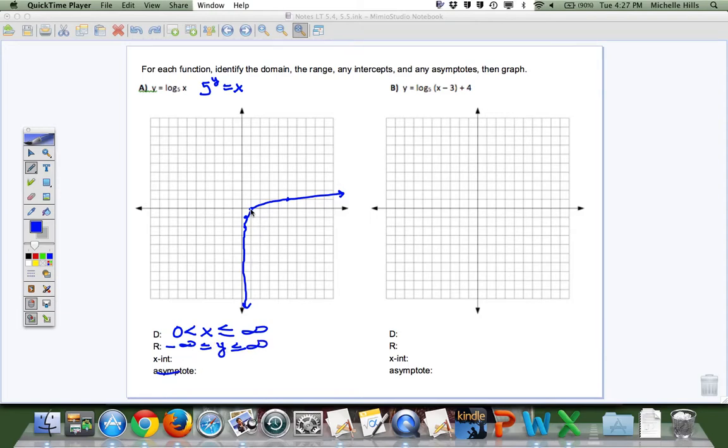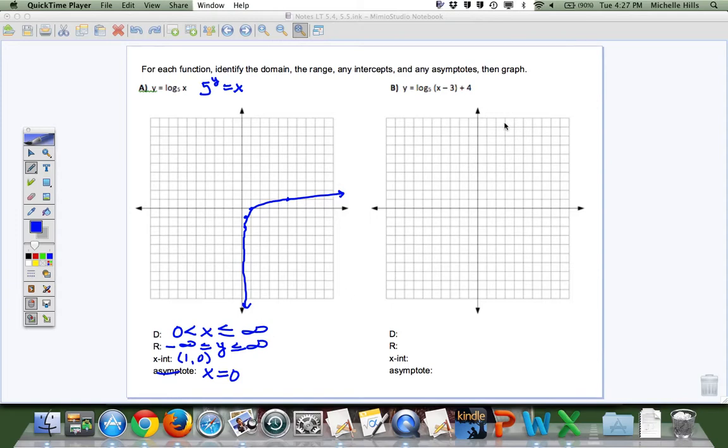X-intercept, where it crosses the x-axis, is the point (1, 0). If it crossed the y-axis, I would put the y-intercept as well, but it doesn't, so I don't have a y-intercept. My asymptote is a line, so it has to be a linear equation. In this case, they're always going to be horizontal or vertical in this unit because of the kinds of things we're graphing. So the vertical line, where x equals 0, is the line that this function approaches but never actually